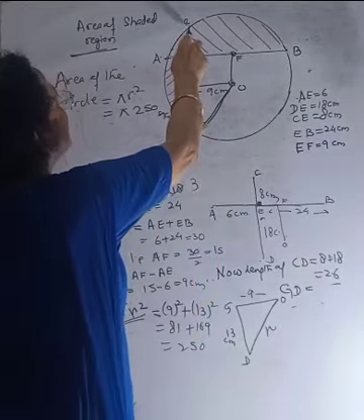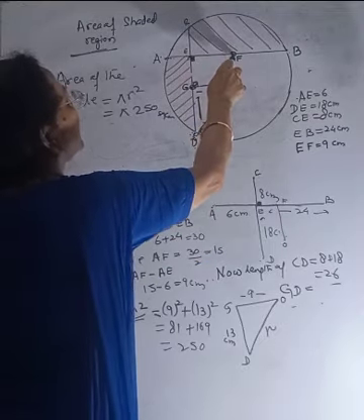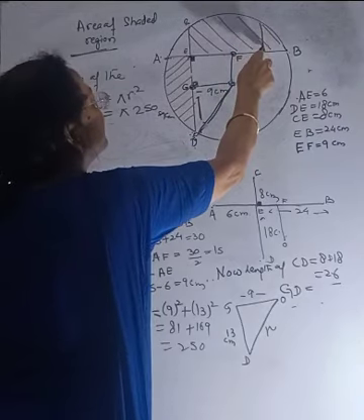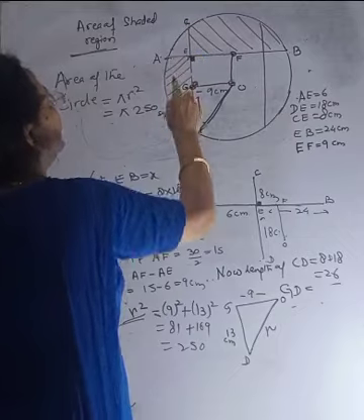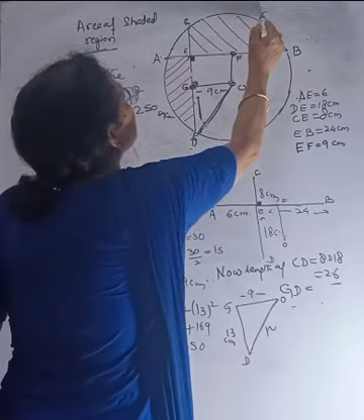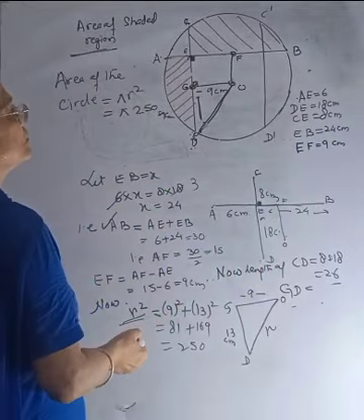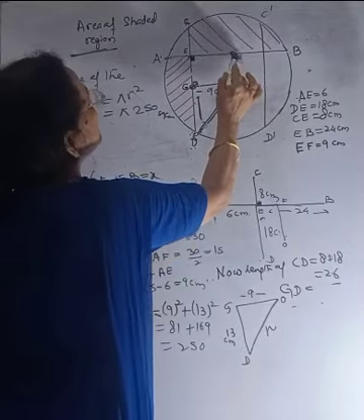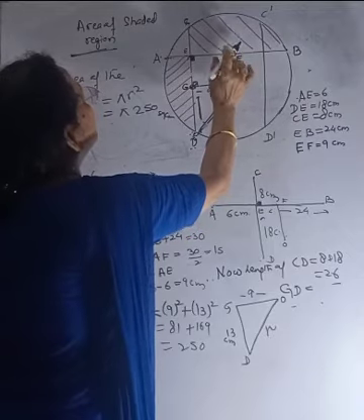What we do, that same size of chord we have drawn at the same distance 9 away from this way. It means the length of CD is equal to 26. This is also 26. Suppose this is C dash and D dash. Okay, and same we have done. This distance will be equal to this distance. Okay, this will be the middle point.